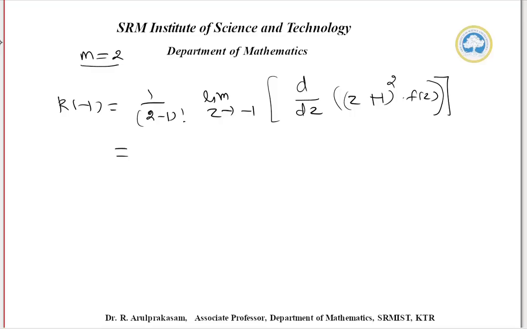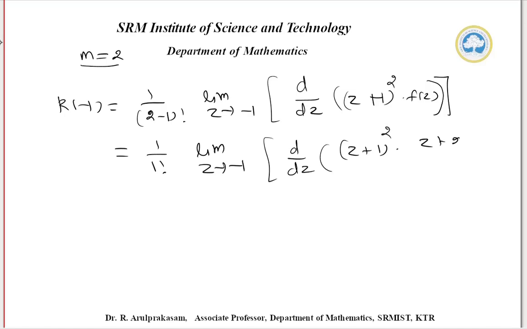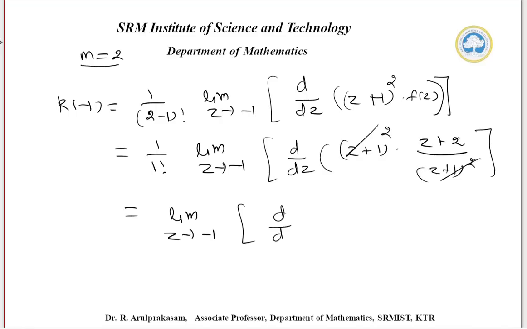Okay. Now 1 divided by 2 minus 1 factorial is nothing but 1 by 1 factorial, limit z tends to minus 1, d divided by dz of z plus 1 whole square into f of z. My f of z is nothing but z plus 2 divided by z plus 1 whole square. So here z plus 1 whole square and z plus 1 whole square cancel. 1 divided by 1 factorial is 1. So limit z tends to minus 1, d divided by dz of z plus 2. What does it mean? It is one time differentiation with respect to z. So my answer is